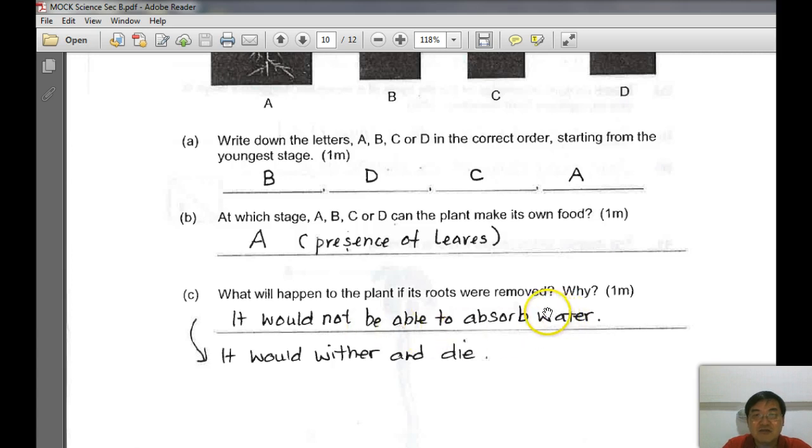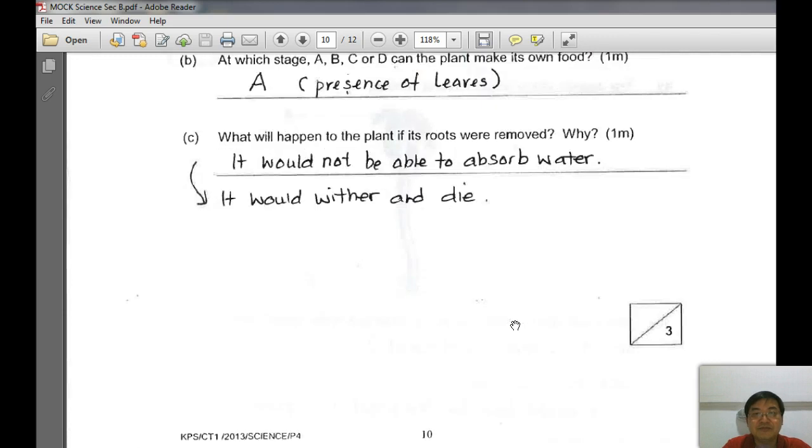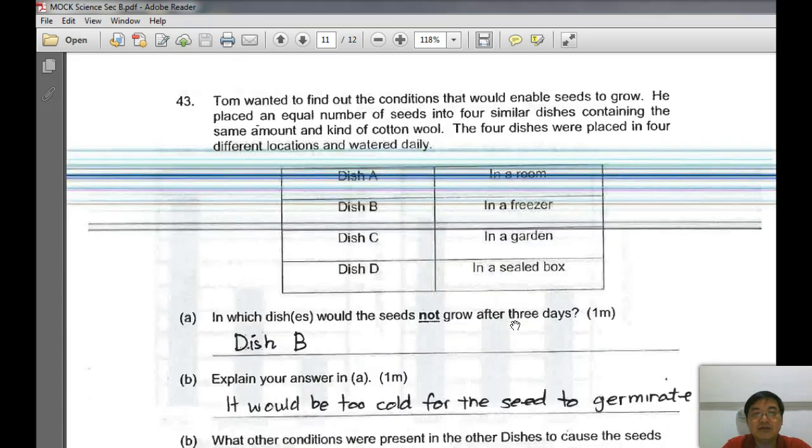So the plant is a living thing, it needs air, food and water. So you cut off the water supply, all right, it will somehow wither and die. All right, now this